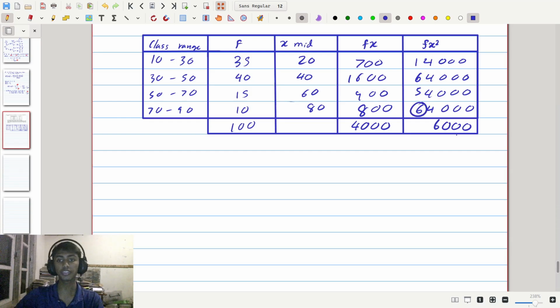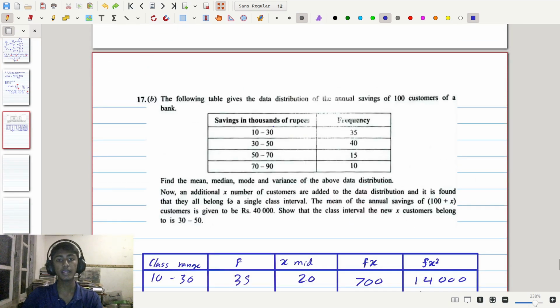Plus 6 is going to be 196,000. So therefore, the sum of fx column is 4,000 and the sum of fx squared column is 196,000 and the sum of the f column is 100. Now we can use this in order to find the mean, the median, the mode and the variance of the